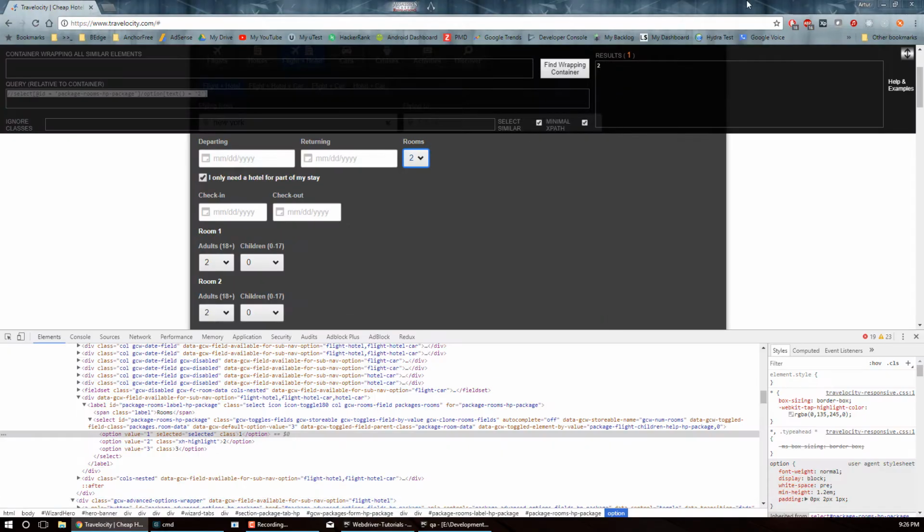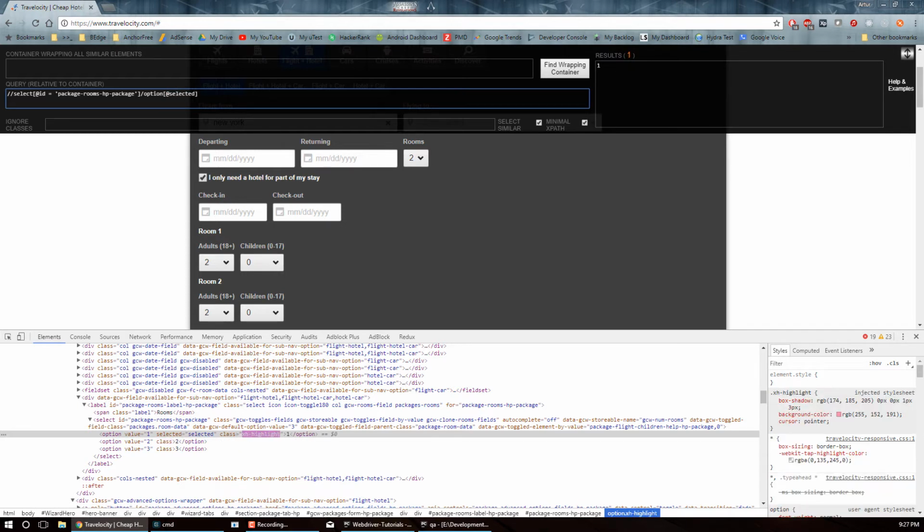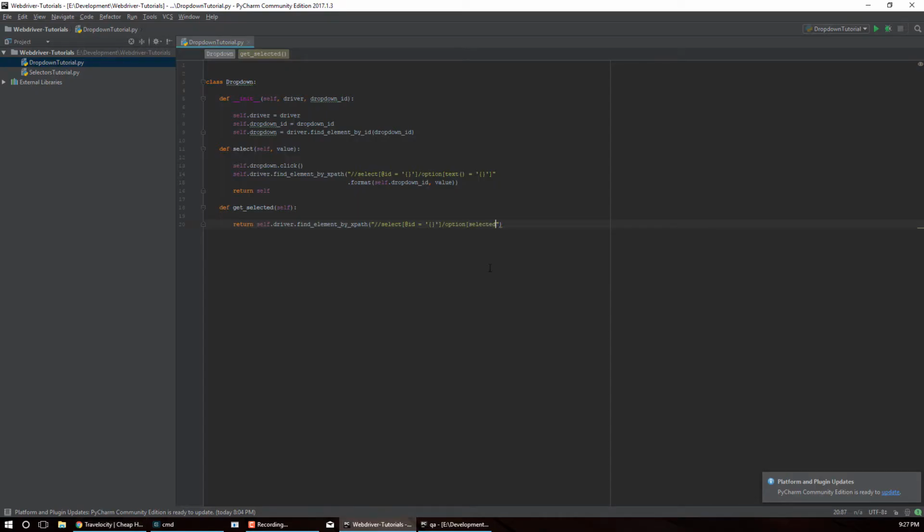So actually, let's go back for a second. The point I was trying to make here is when we're creating the XPath, we need to look for a property selected. So we just need to make sure that that property is there. It doesn't matter what it equals to, because it's going to be present only in one of these elements, and whichever one has it means that's the one that's selected. So we'll just copy this. Or technically we don't even need to copy. So we'll put that in, and we're going to return text